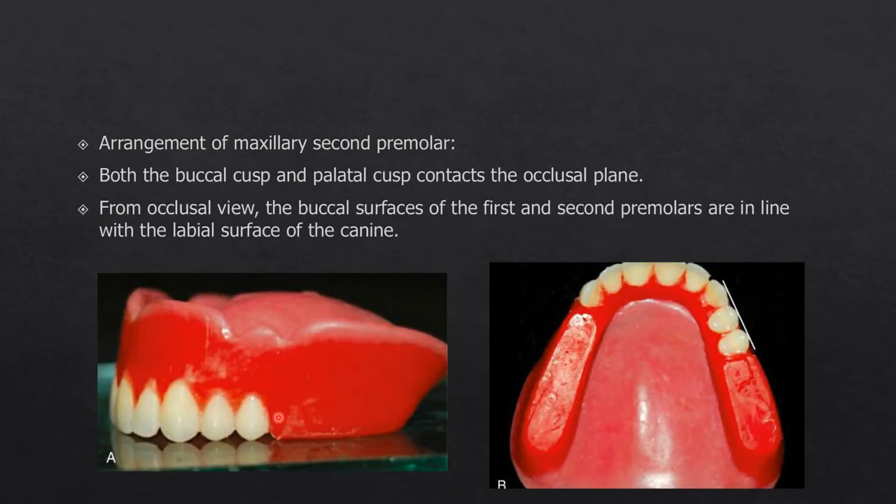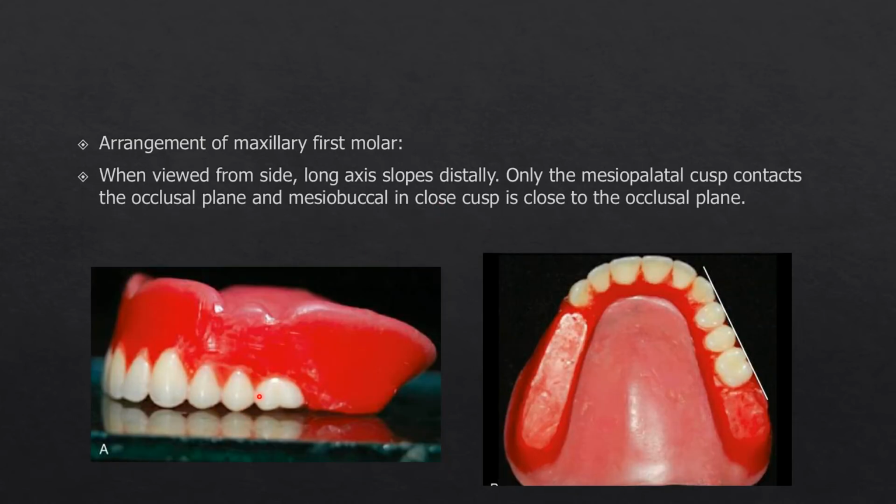The maxillary second premolar is similarly arranged in line with the buccal surface of the canine and first premolar, but the difference here is that both the buccal and palatal cusps will contact the glass plate. From an occlusal viewpoint, the buccal surfaces of the first and second premolar are in line with the labial surface of the canine. Next, coming to the arrangement of the maxillary first molar, when viewed from the side, the long